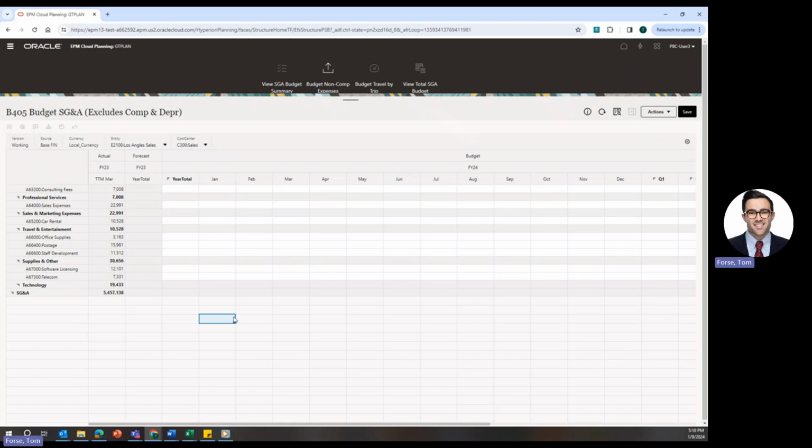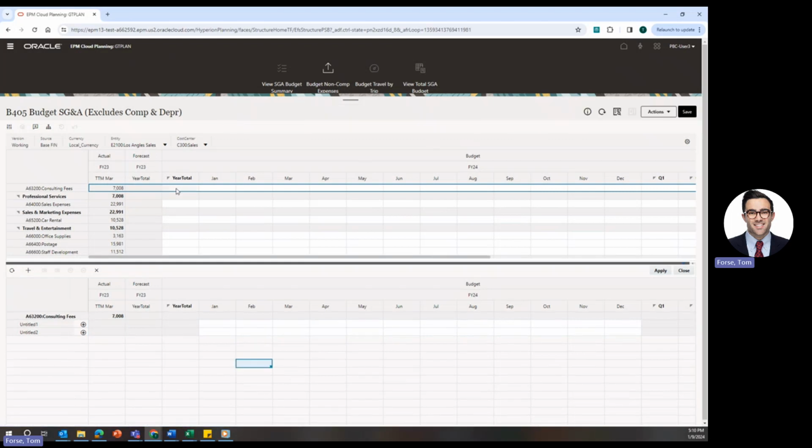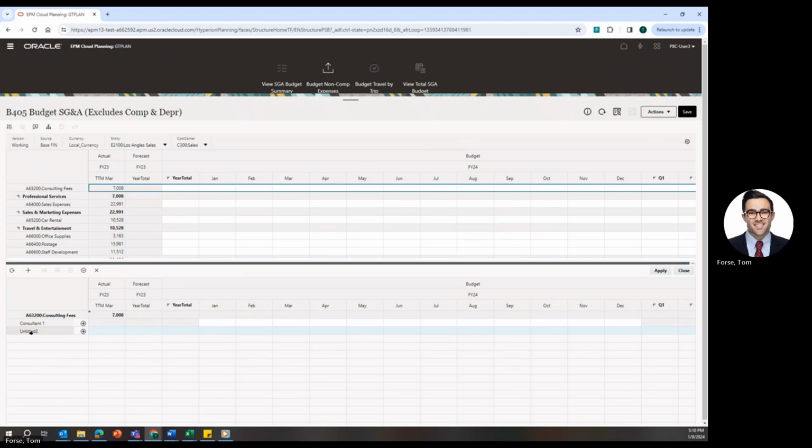The next benefit I want to show is the supporting detail that is now known as line item details. Now, for those of you who are unaware, line item details, or in the old world, supporting details, is a way of building up detail to create a line in your budget. So if I was building consulting fees and I wanted to plan the fees for that, but I wanted to plan for consultant 1 and consultant 2,